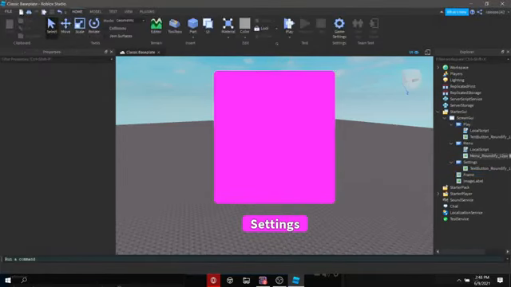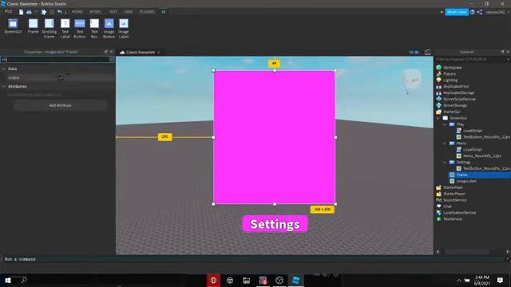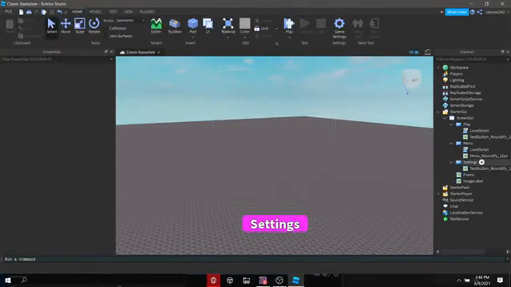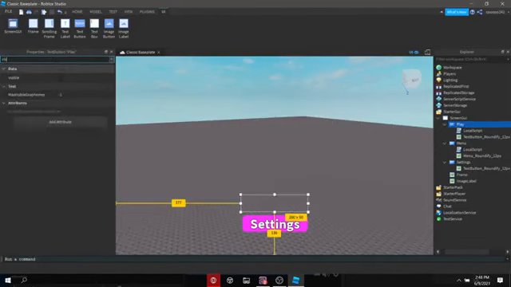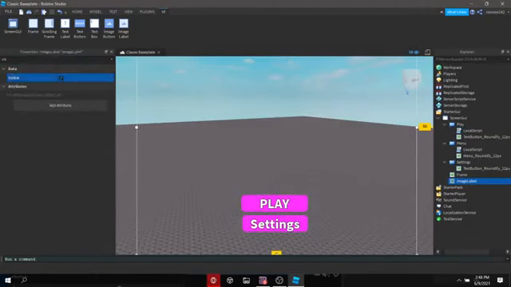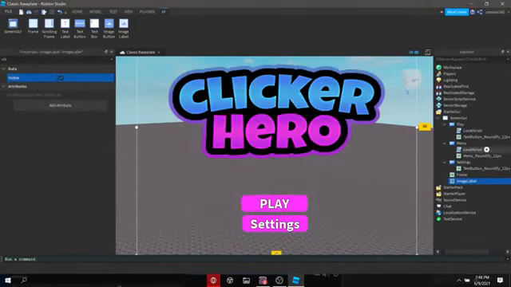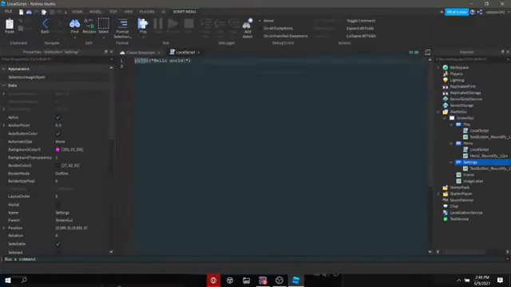Alright, so we have our little menu. Then we're just going to keep it named frame. I'm going to make visible to false. Then we're going to make the play button visible once again, and the image label visible once again. But then we are going to add a script into the settings button, which will be